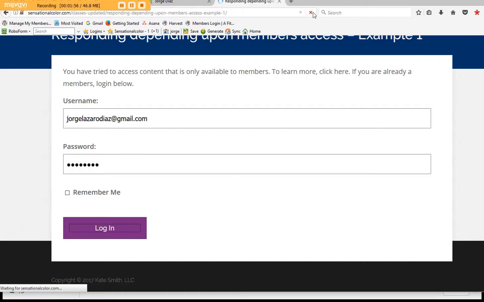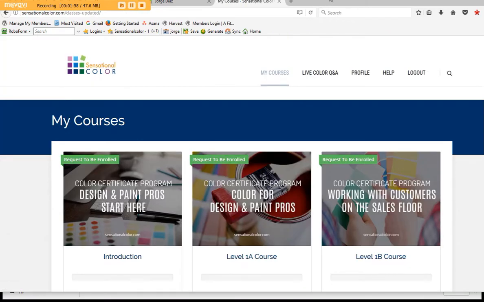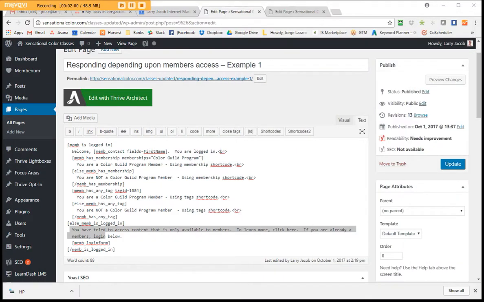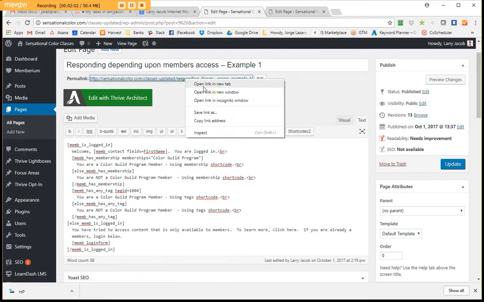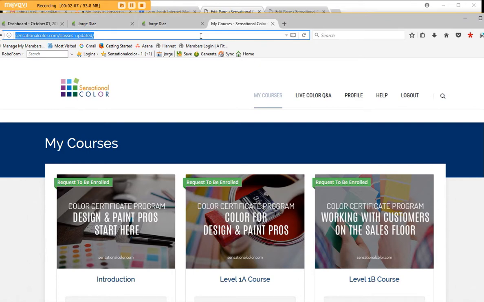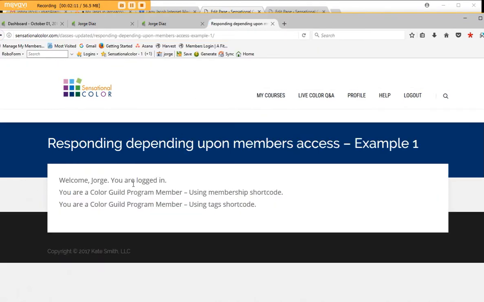Now this is going to take me to the login dashboard, but what I'm going to do is I'll grab this link again, and now I'm going to add it here, and you'll see we know the person is logged in and we know that they're a Color Guild member. So now I'm going to log out,